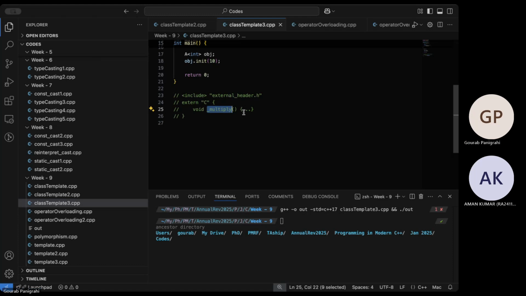Now, to use that function and link it to my code, because it's C code, I have to use extern to get that function defined here and then use it. To even access this function, I can include the corresponding header file. That's all. So a lot of times it's not always about speed, but about maintainability and portability and backwards compatibility.